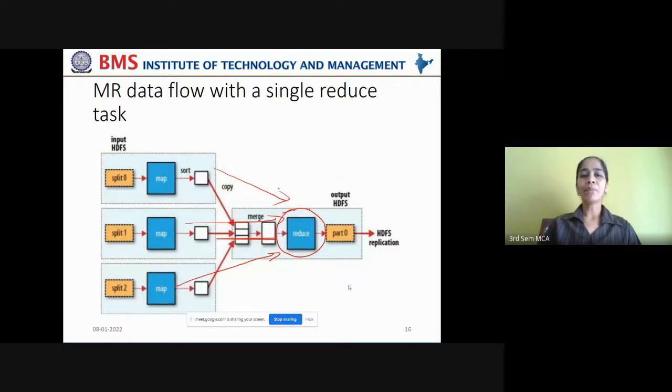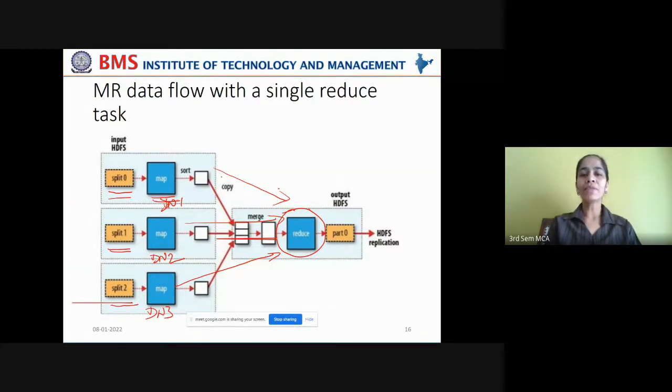Now, if a MapReduce data flow uses a single reduce task, how does it look? See here, input splits are assigned to data nodes as map jobs. Input split 1 and input split 2 are assigned to data node 1 to run map job 1, data node 2 to run map job 2, and data node 3 to run the third map job.